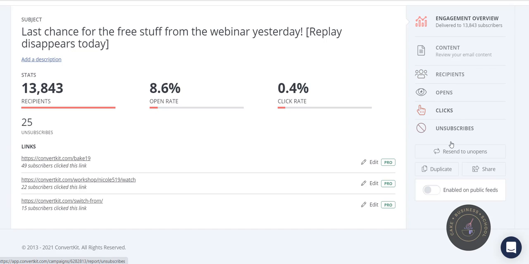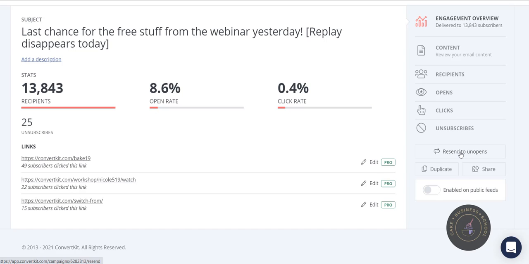But what I wanted to show you was this button here, resend to unopens. What you can do is, obviously not everybody opened this. I only had 8.6% of my whole list that opened and read this email. If this were something that I wanted to, go ahead and resend to the people who didn't see it,